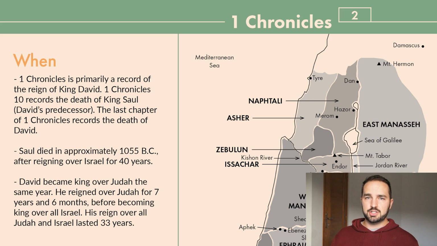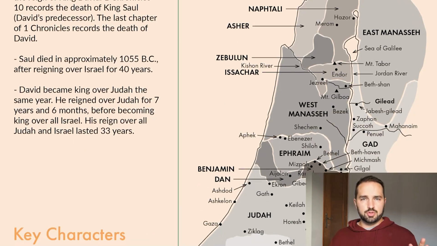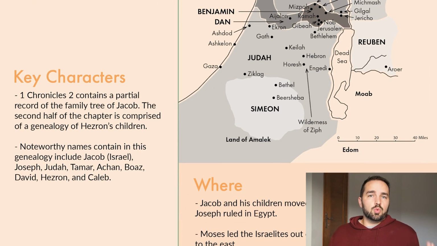We talked about Esau in the last chapter, but really Jacob, also known as Israel, is the one that we want to be focused in on. He's going to progress the story forward. God's going to fulfill his promises through Jacob. And so we'll pick up on Jacob's genealogy in the first half of this chapter. We're also going to talk about a guy named Hezron and his children in the second half of the chapter.